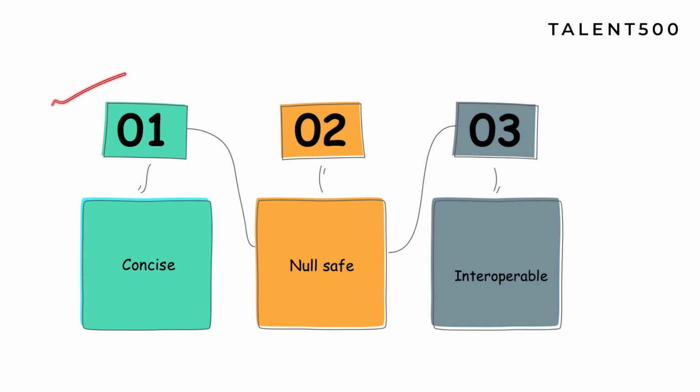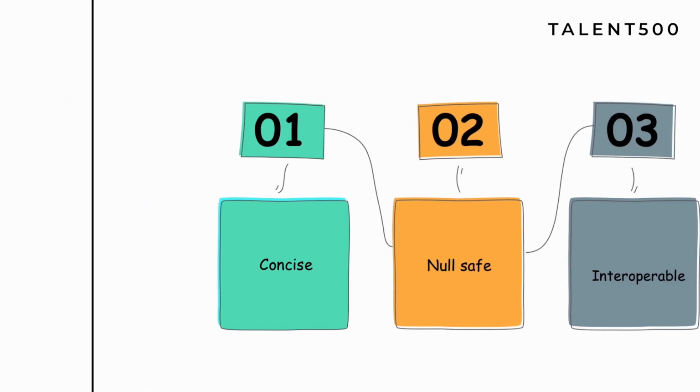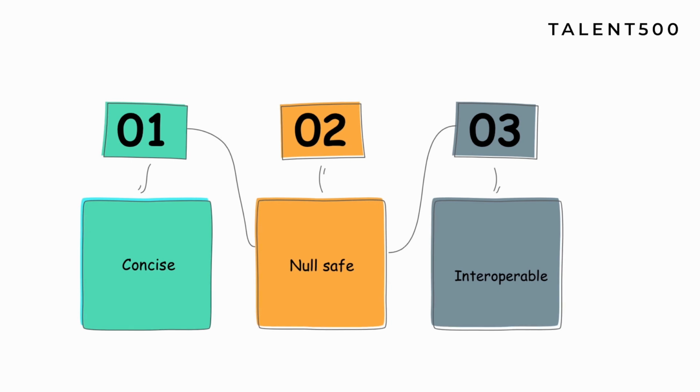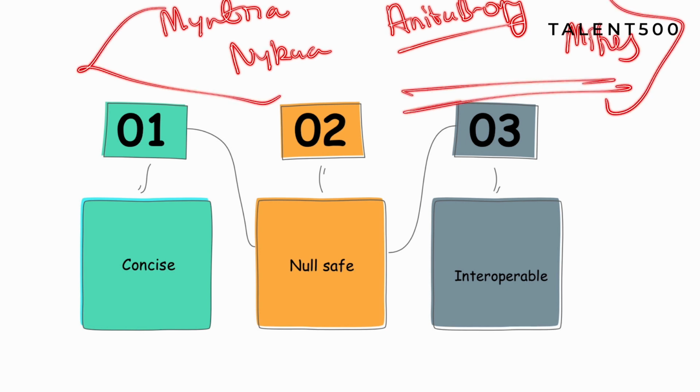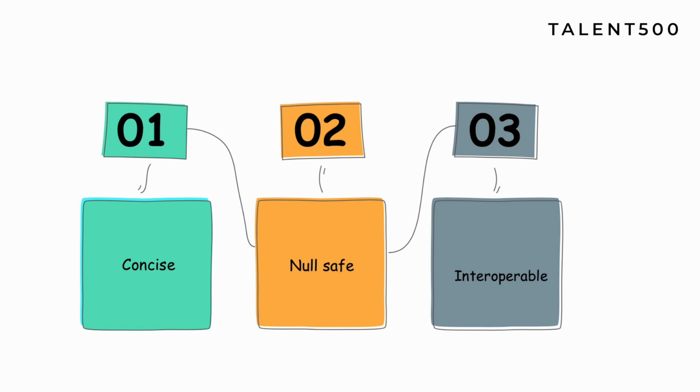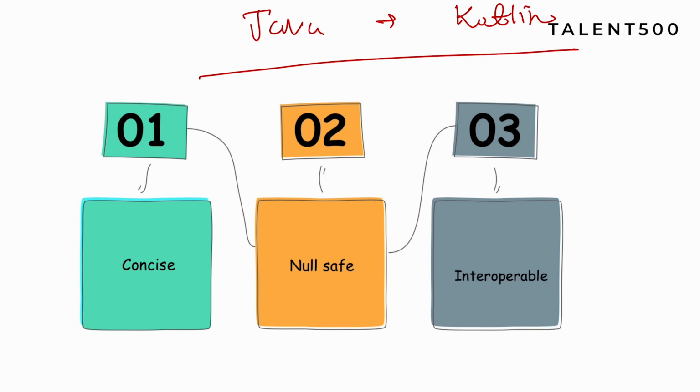Based on your experience, you can talk about your experiences around working on mobile applications as well. You can give examples of many of the companies, startups, or open source projects, for example anitaB.org or many of the open source organizations like Mifos, etc. Many of these startups and open source companies are moving their complete project from Java to Kotlin. You can read blogs and articles about all these things, about which startups and companies are migrating to which language.